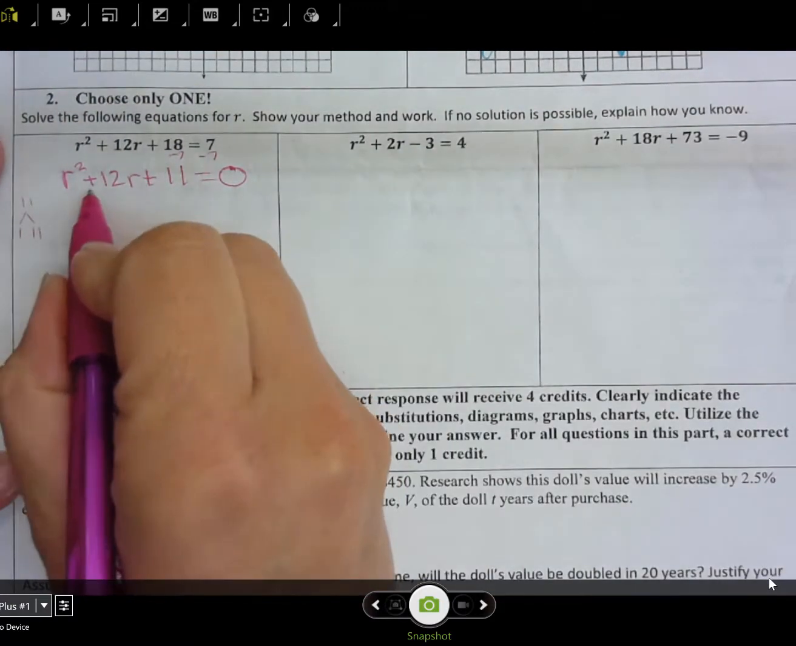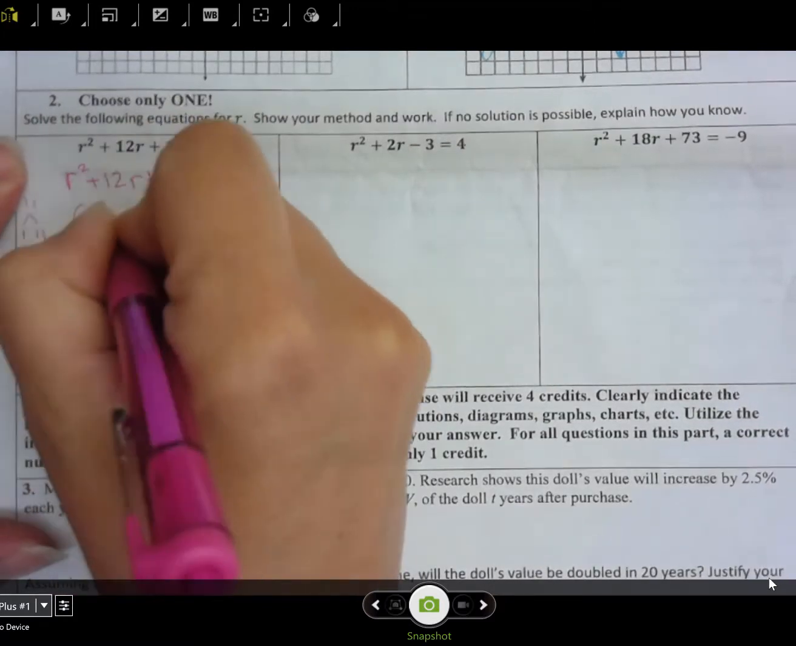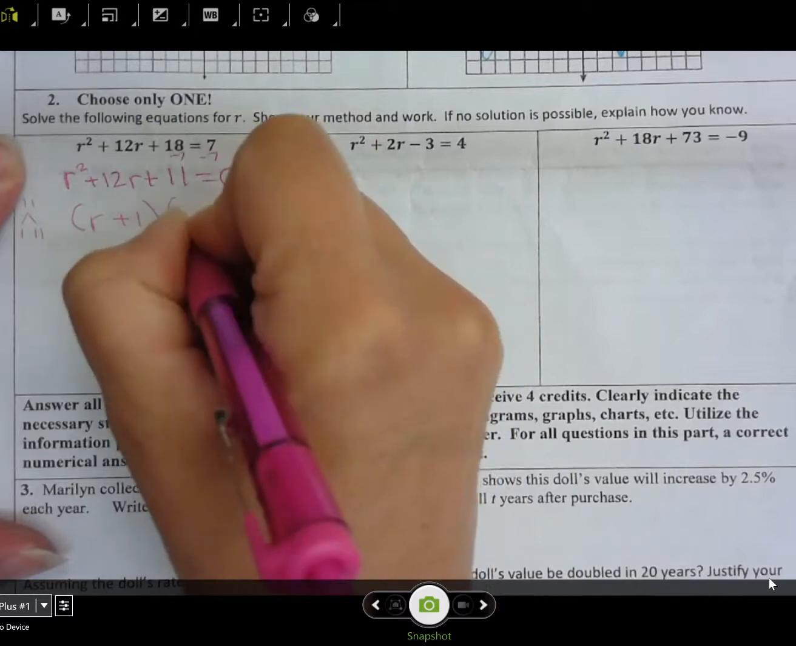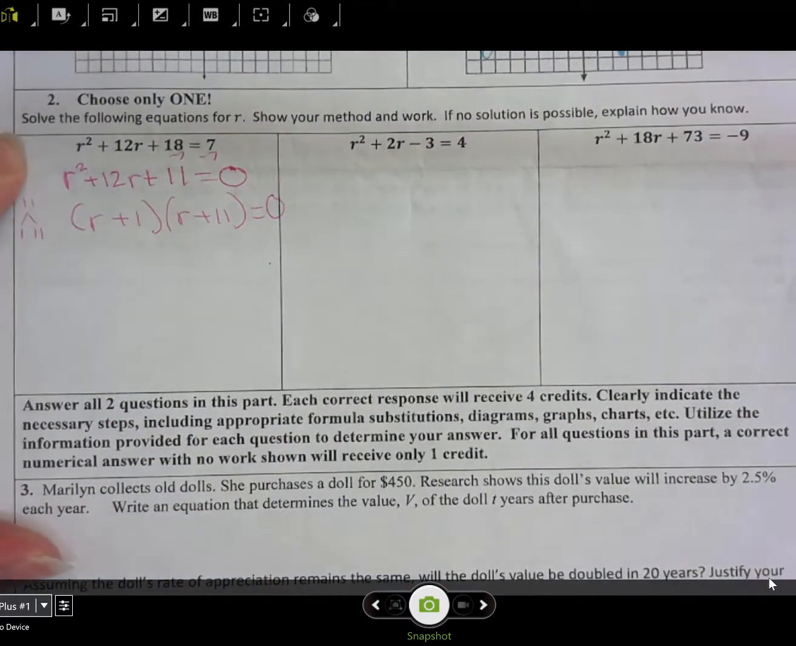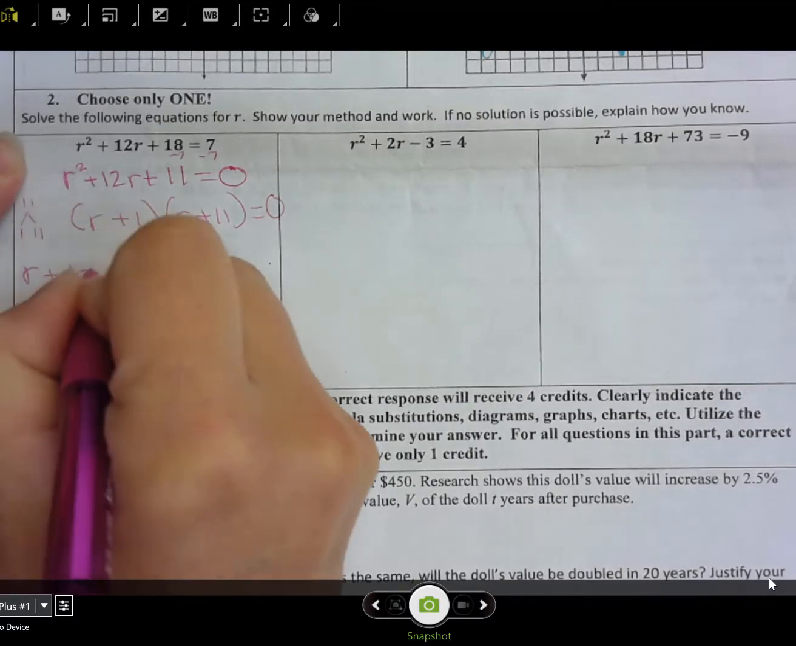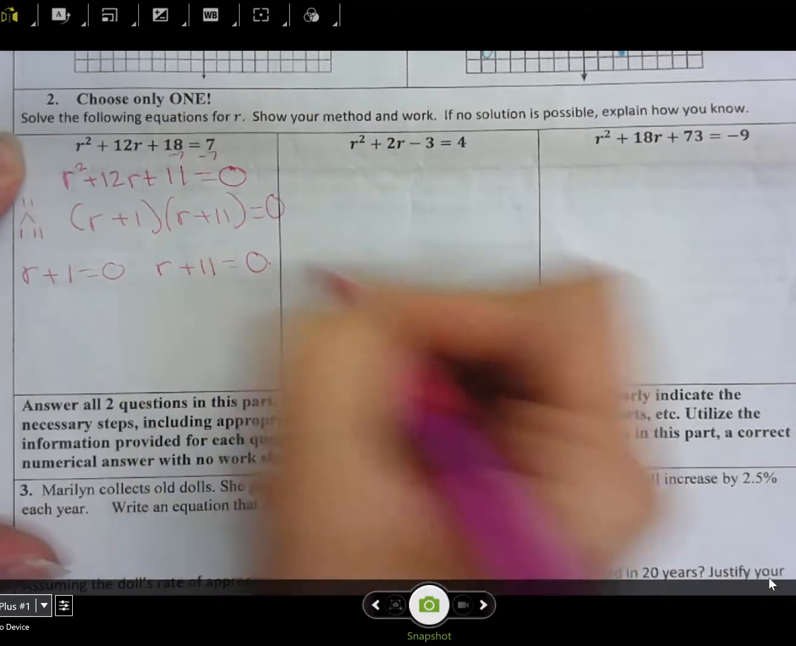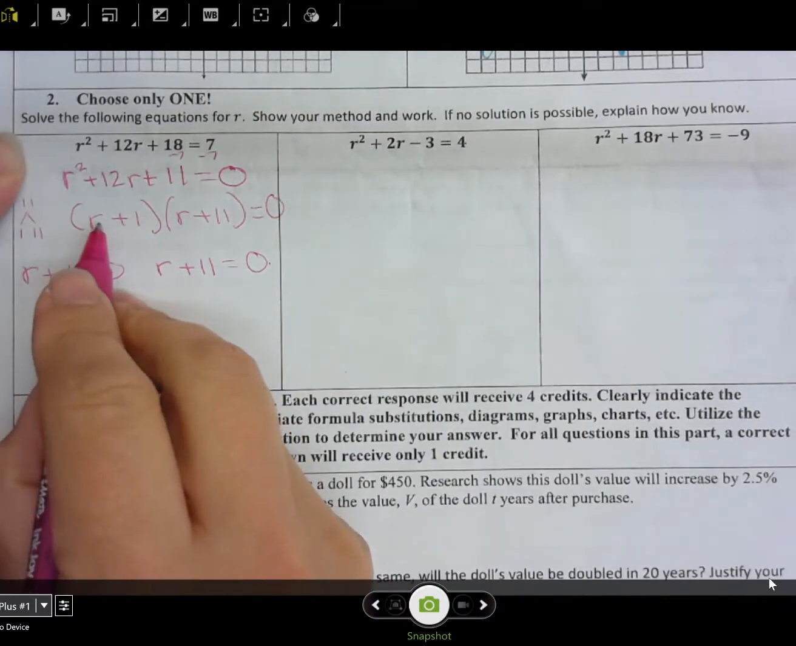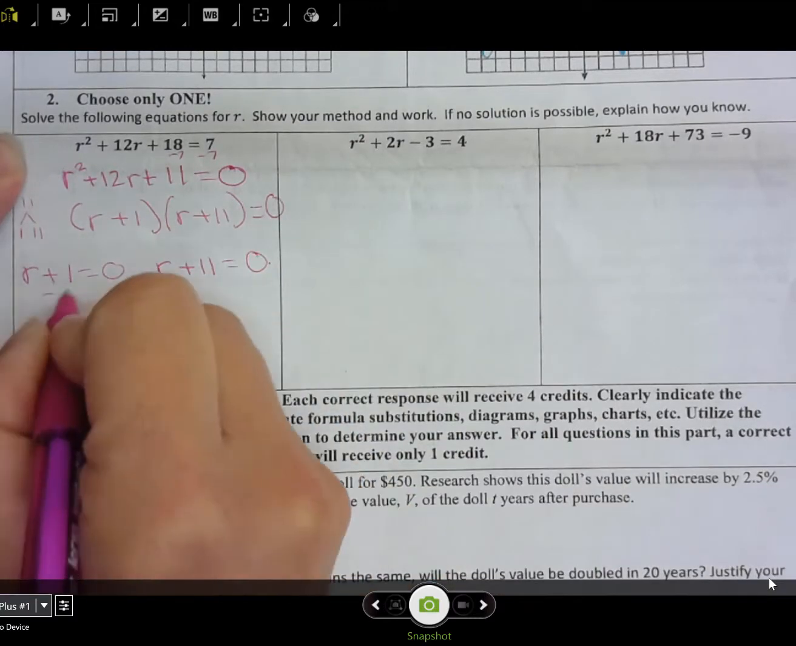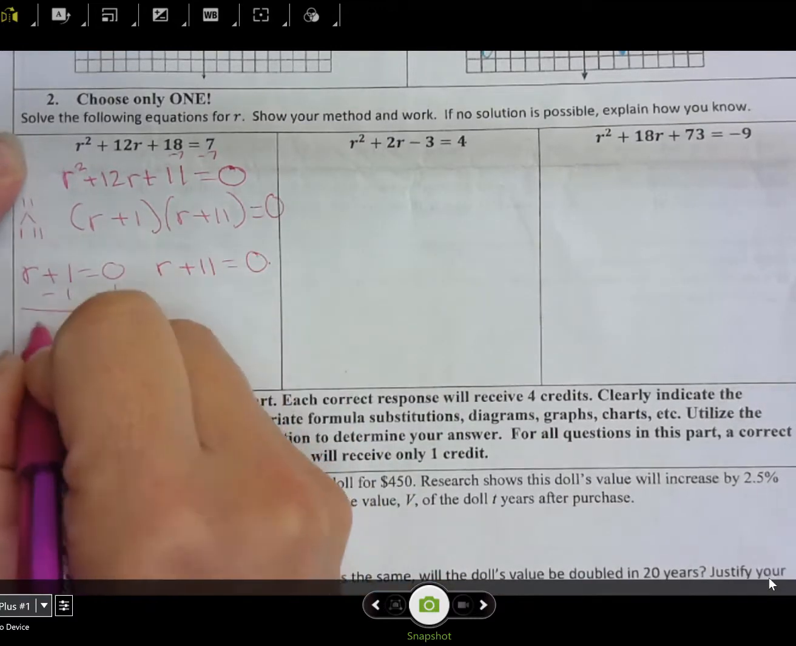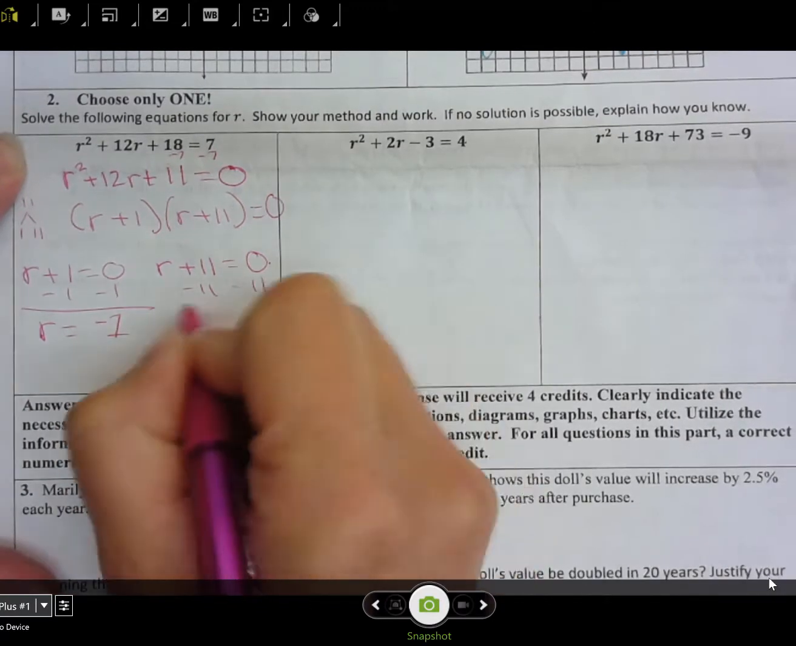If we add them together, they're going to give us a positive 12. So we know the factors are r plus 1 and r plus 11, and that has to equal 0. So we use the zero product property, which tells us that anything times 0 is going to be equal to 0. So either this factor is equal to 0 or this factor is equal to 0, so that their product is 0. So when we solve each factor individually, we get that r equals negative 1 and that r equals